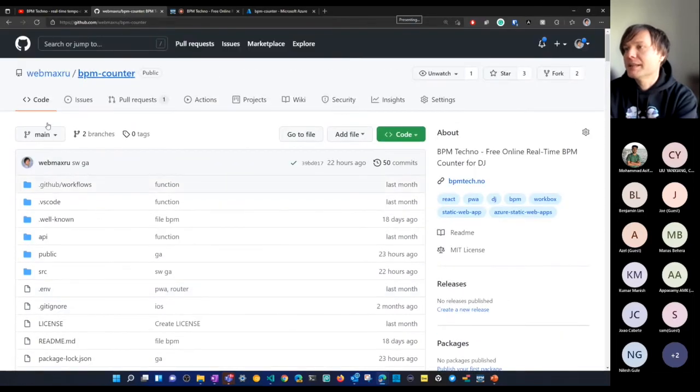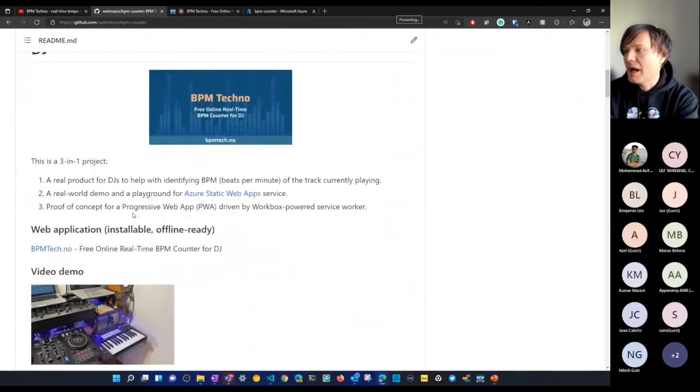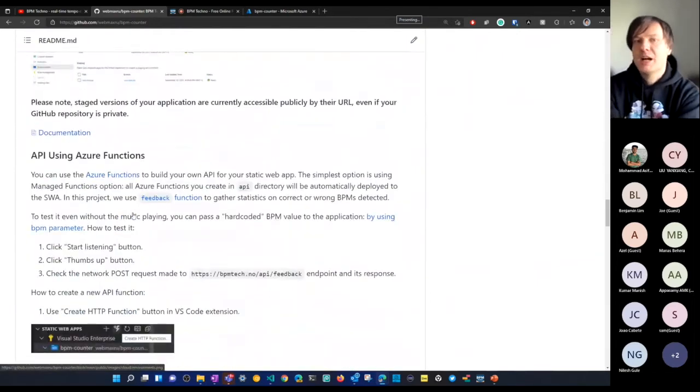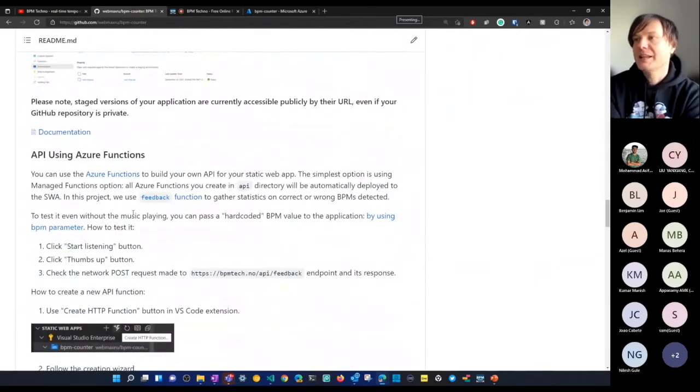Furthermore, in the README of this repo, I described the majority of Azure Static Web Apps functions, or at least the ones I actively use in this project.